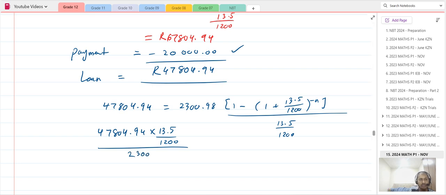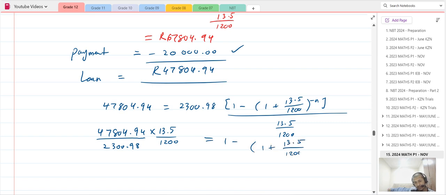Actually, you could have just divided here, don't have to take the whole thing and divide and multiply across. Right, and that's equal to 1 minus 1 plus 13.5 over 1200 to the power negative n. So we're going to take this onto the other side,